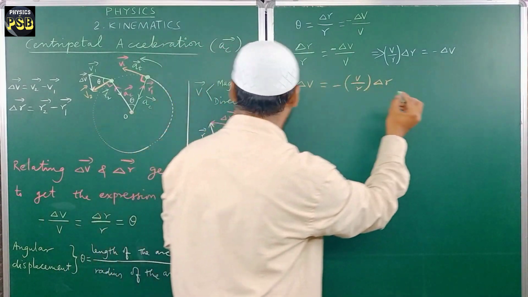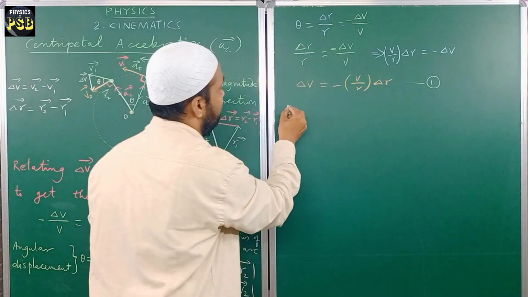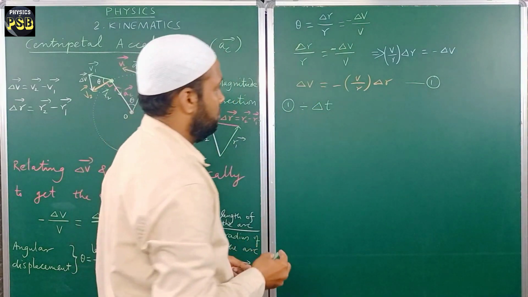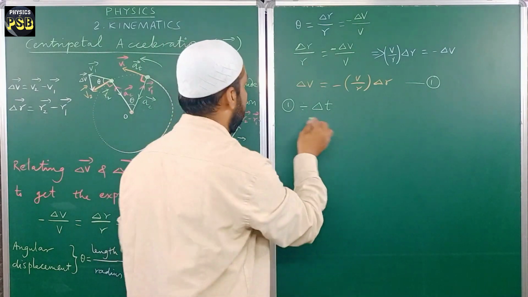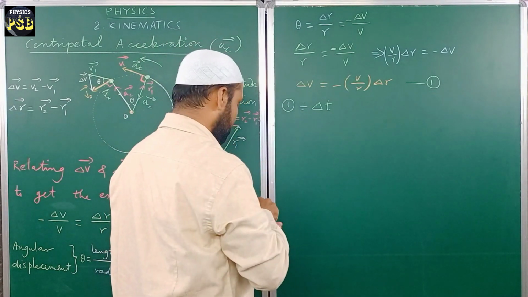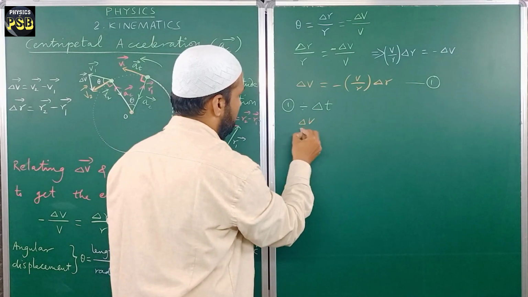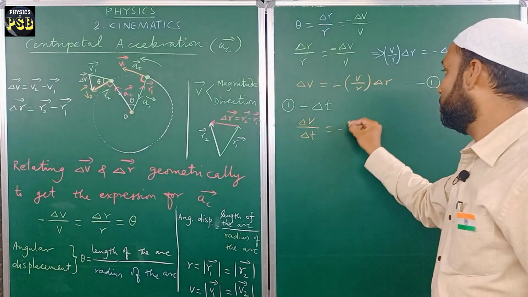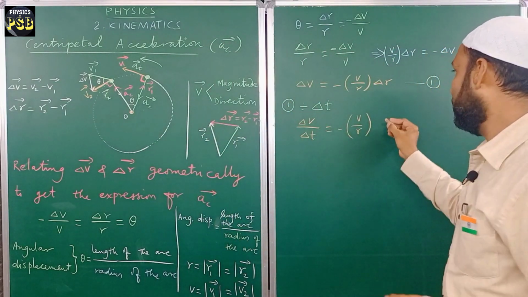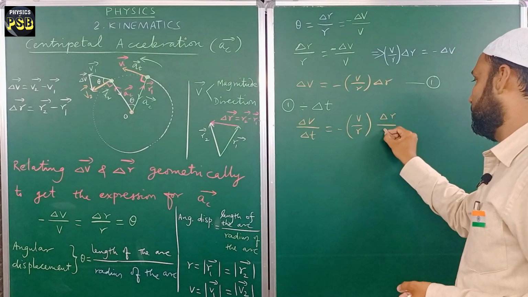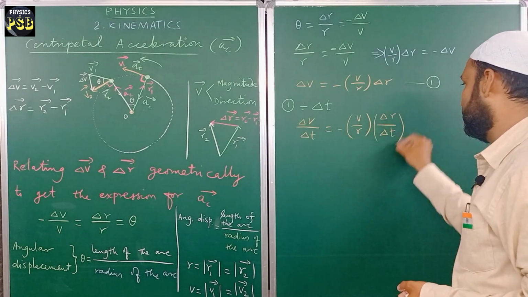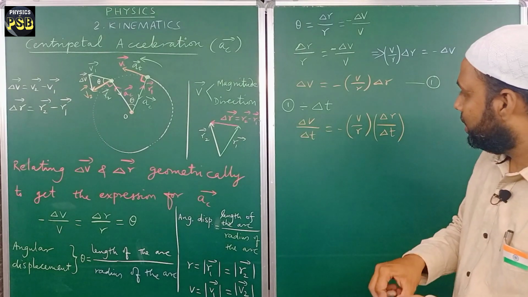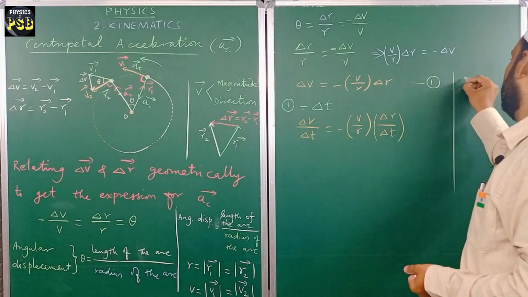I take this one as equation number 1. Now I will divide equation number 1 by delta t. When I do so, it has to be done on both sides. So delta v divided by delta t equals minus v upon r, with delta r divided by delta t. So what do I get if I do so? Here delta v upon delta t,